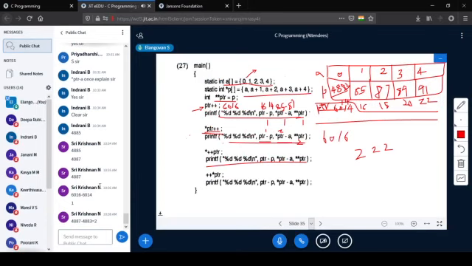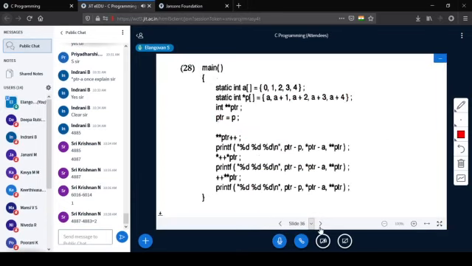Okay, the next program is this. Again, the same set of things are coming in. Whenever we go on, the complications are increasing. But are you able to understand that? We have to be very clear with that.